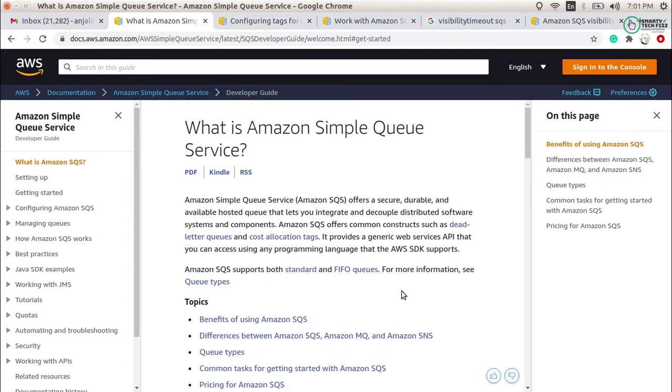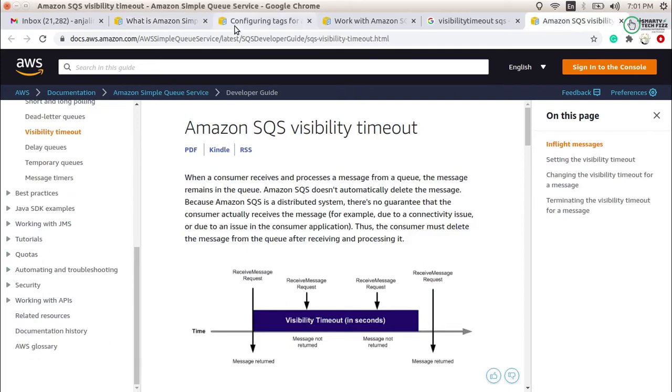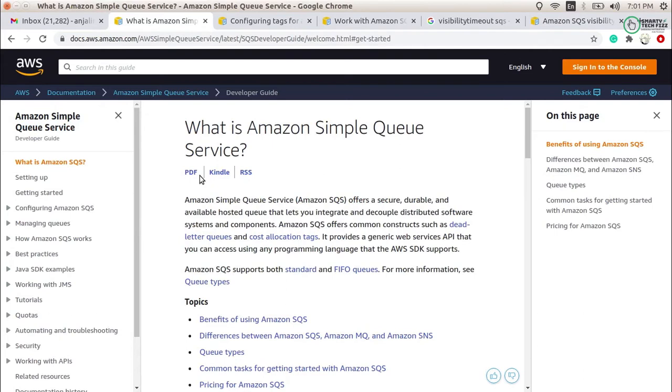Okay, so there are different ways. I will tell you about two to three ways to create an SQS client. If any of them is preferable to you, that works for you, just go and connect with that. Next, after creating the client, I will tell you about the attribute that we have to set up, that is the visibility timeout. As you can see, I have already opened the documentation regarding that, so that you will understand what the visibility timeout is and why we need it. So let's see how we can do that.